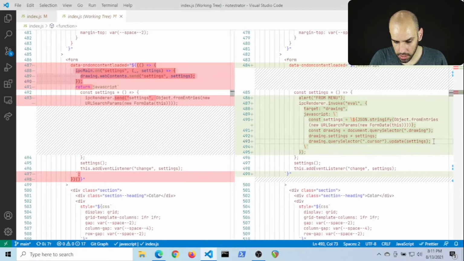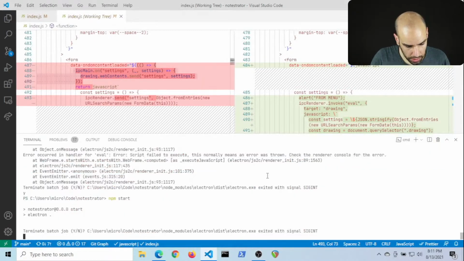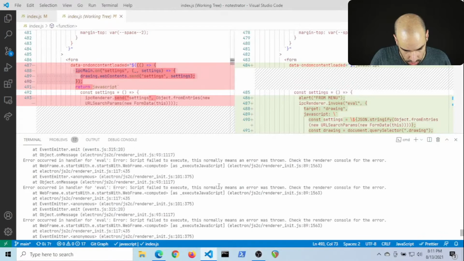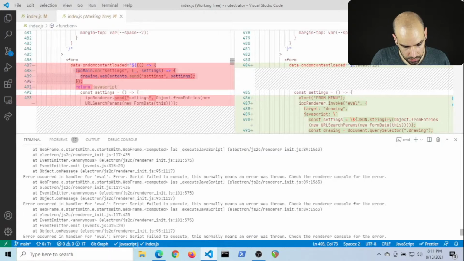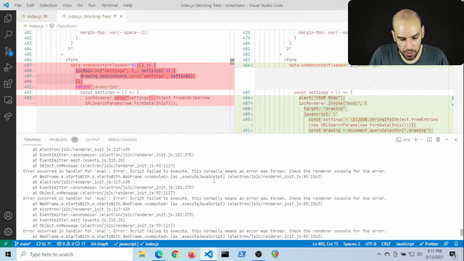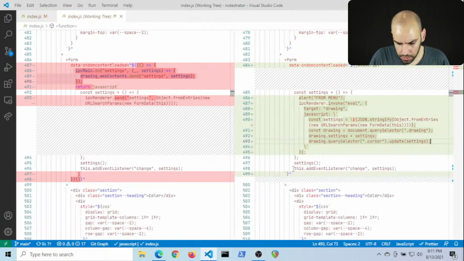Oh, I think I know what may be happening. Yeah. The thing about this invoke is that it expects a return, so if this tries to return something, then the browser will try to serialize this, and that will fail, and it will blow up in different ways. But it usually blows up on the command line. And it did blow up on the command line. Just because my window is not transparent, I don't get to see it. But yeah, I think that's what happened, but I'll debug this later.